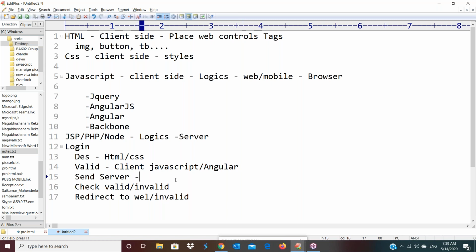Now, sending the data to the server. At this point we take the support of Ajax. Using Ajax only, we send the data from the browser, the client system, to the server. What data are we sending? Username and password, the text box values. Ajax also belongs to JavaScript, but these days we use Angular, because using JavaScript you have to write minimum 8 lines of code to create the Ajax object. But in Angular, one service is available to create the Ajax object and